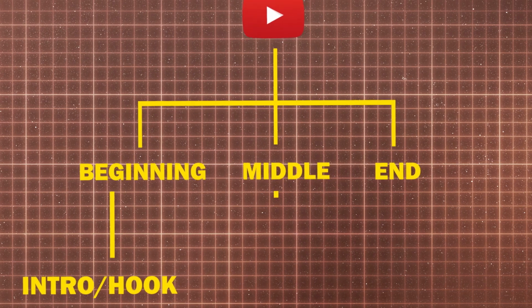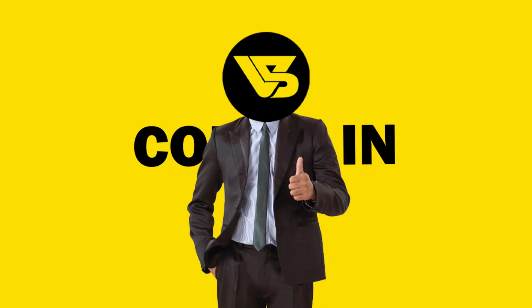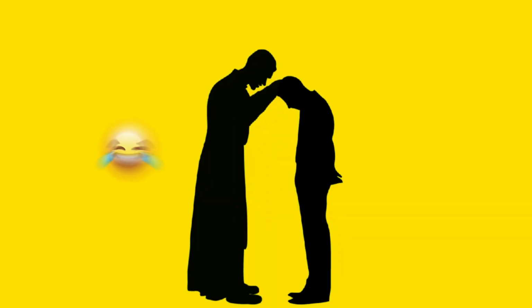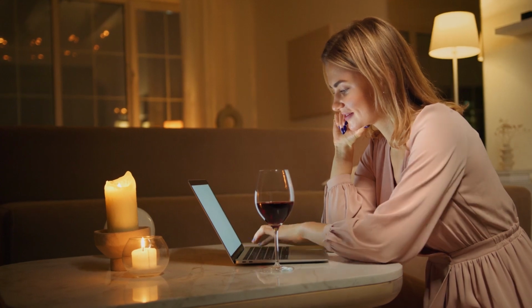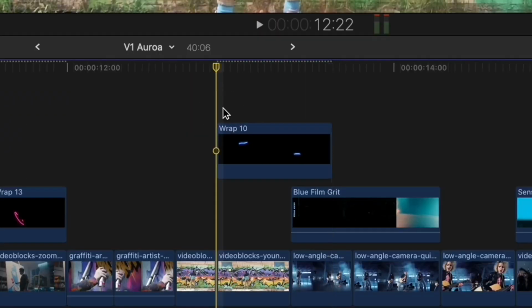Moving on, we have the middle, which is also called the body. It's obvious what happens in the body. That's when the main aim of the video comes in. Make sure to keep it as accurate and interesting as possible because nobody likes boring stuff. You notice I add jokes to some parts of my video because I want to make it interesting so you don't bounce off and watch something else. Hey, don't go adding jokes to every part of your videos. Keep in mind, not everyone likes jokes.